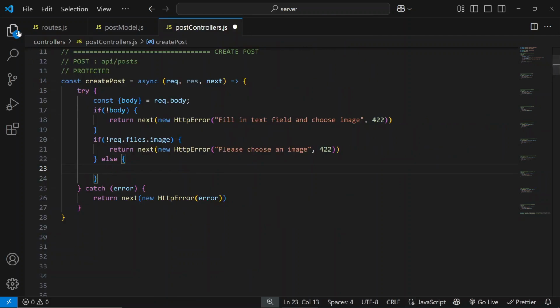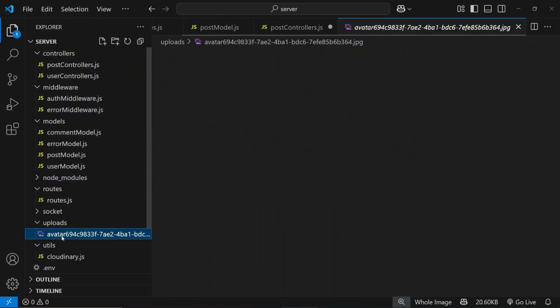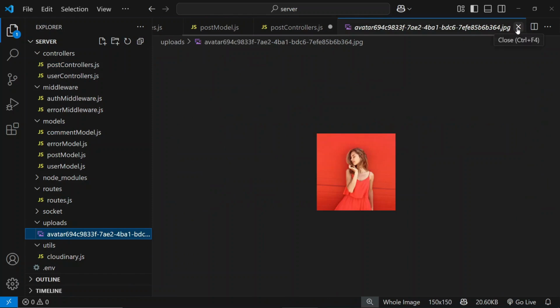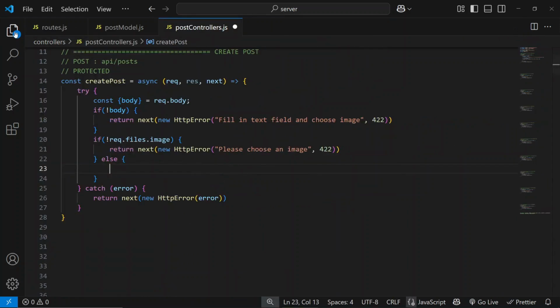Okay, remember we only have one uploaded file for Jendo. I think that was during the avatar changing. Right, so let's go ahead, and first of all we need to grab the image from the request files,